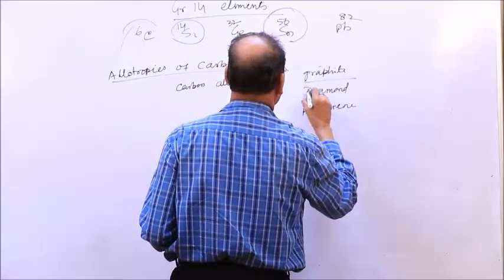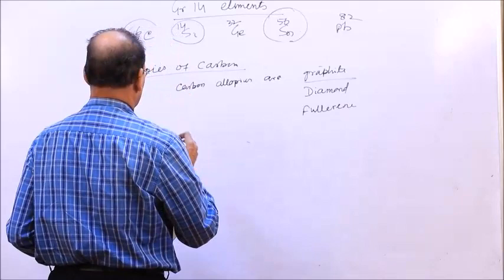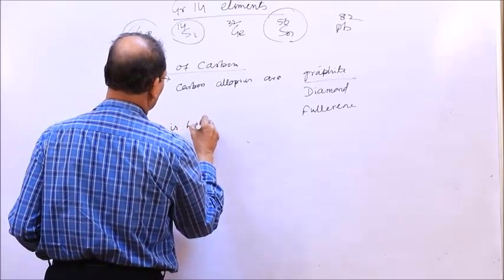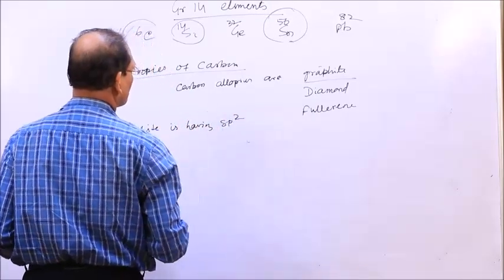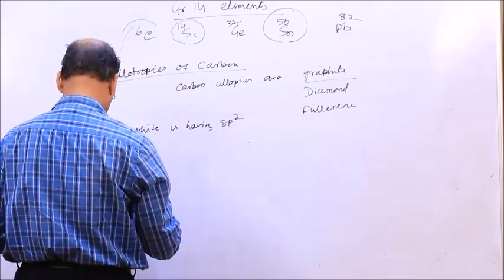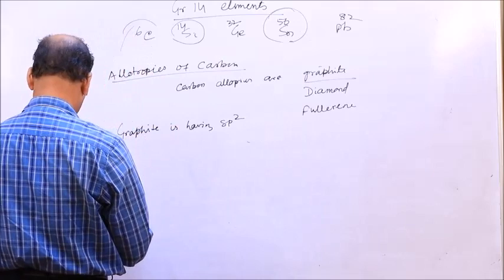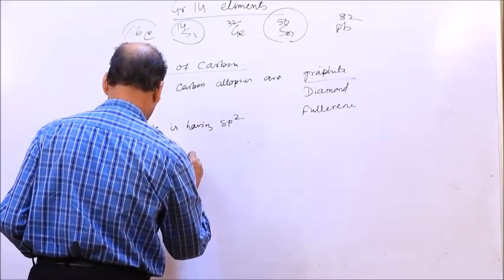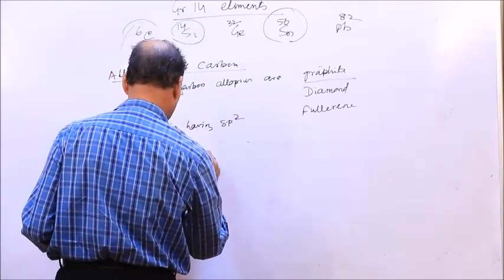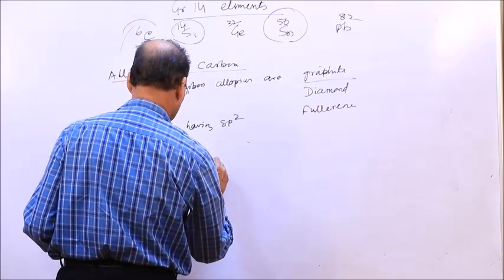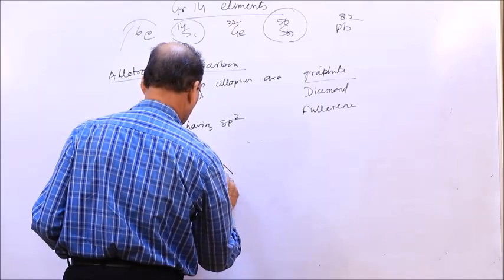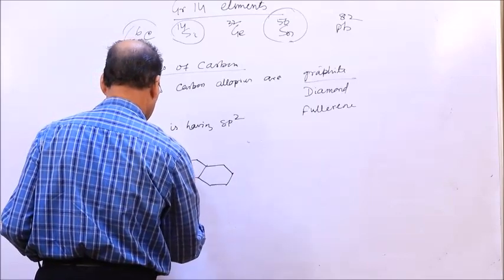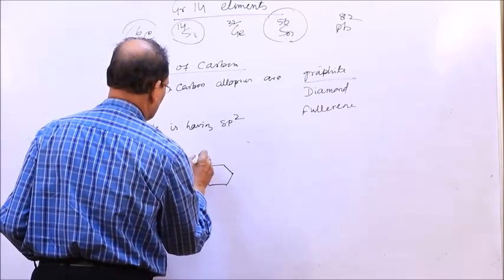Graphite has an sp2 hybridized structure. That is, the structure is like this,